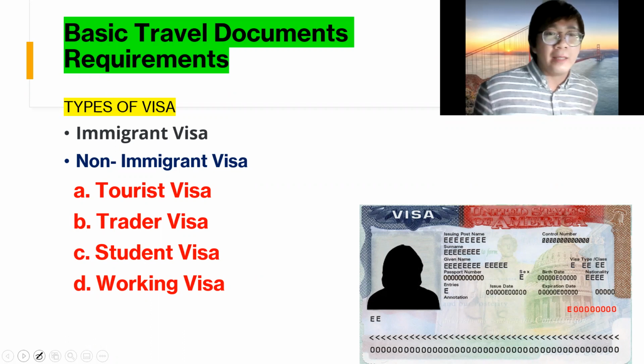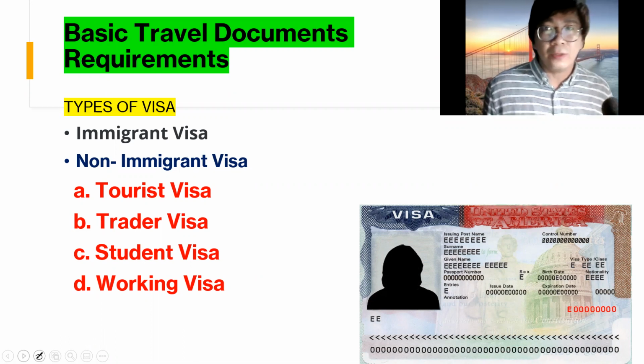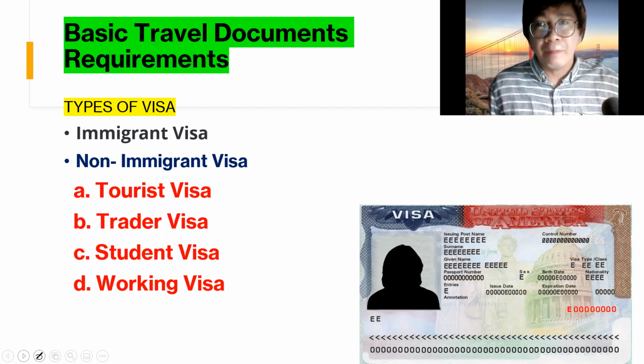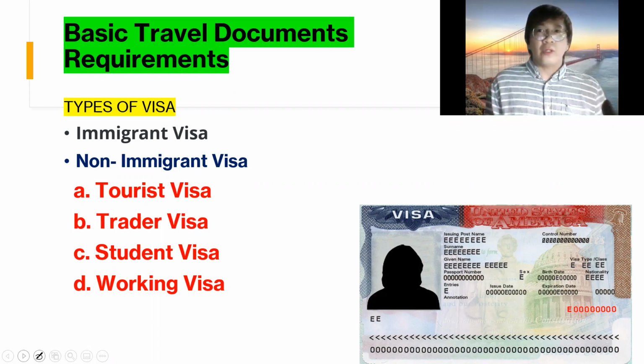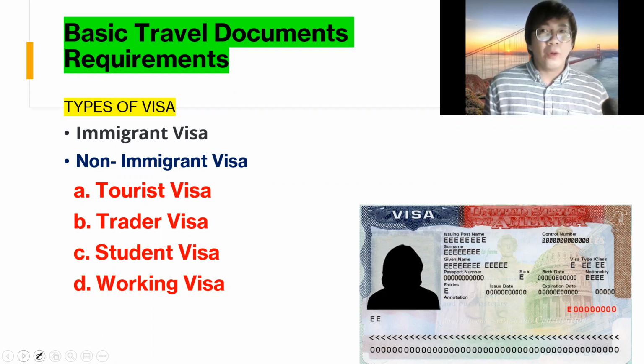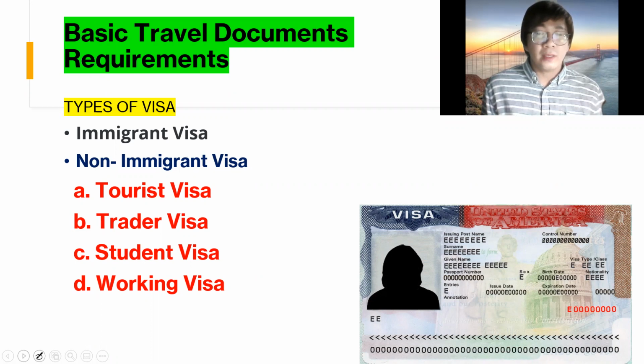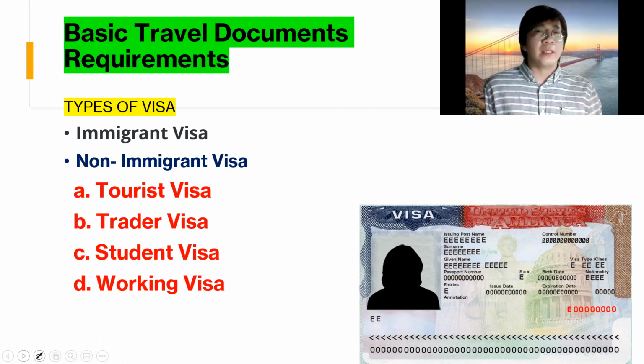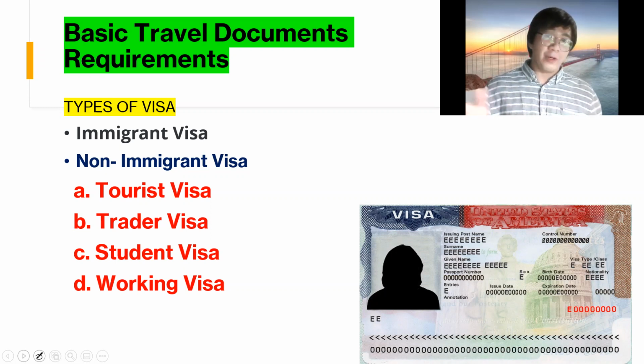If you have a migrant visa or immigrant visa granted to you in your Philippine passport, you cannot go back to the Philippines for about 3 years. Kailangan mo siya ma-serve until such time that the Canadian government grants you full citizenship. So ganun, no? Now, if you're not planning to stay in that country for good or for permanent, we have